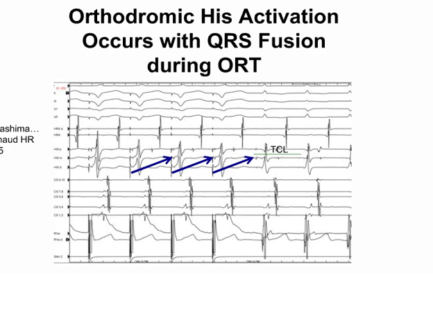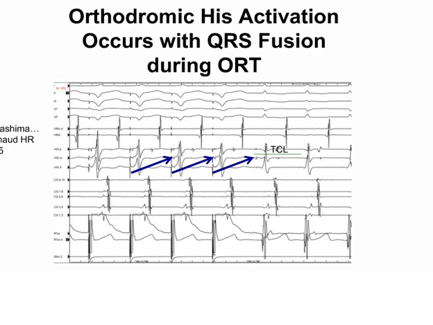But what you can do in this case sometimes is identify which His is driven by the last pace cycle length. So in this case, I'm showing the little His deflections that you can see peeking out just on the other edge of the pacing spikes. And if you measure that His timing, the last one I marked with an arrow is driven at the paced cycle length. So what that tells you, it's not a retrograde His at all. You're driving the His